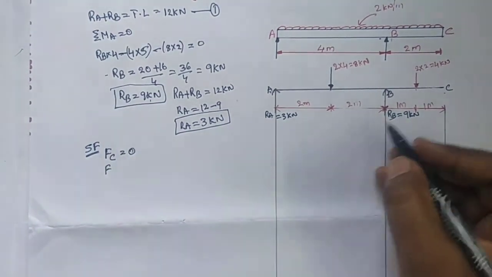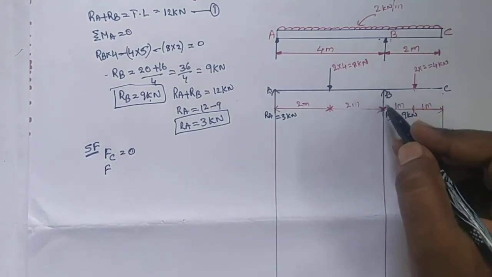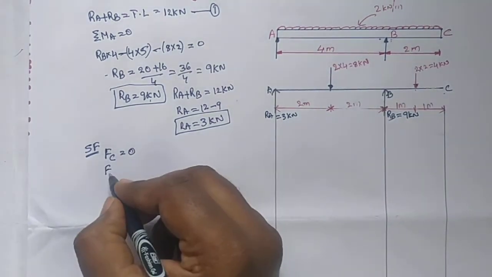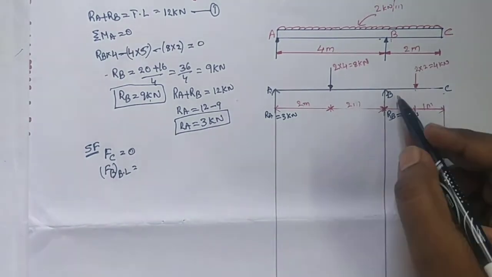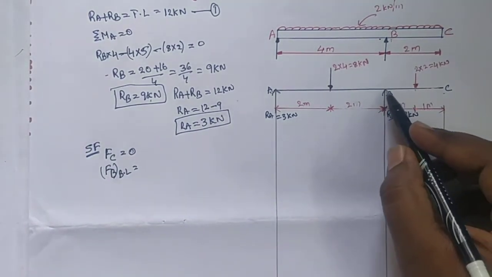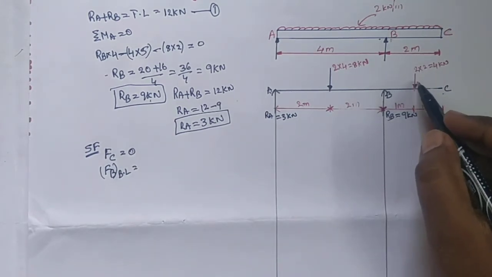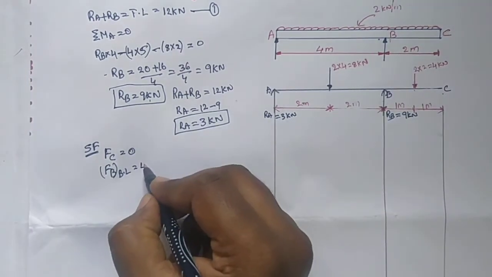Similarly, shear force at point B. The next point is B. At point B a reaction force is acting, so we need to calculate before and after load. Shear force at point B before load. Before load means we do not consider the reaction force, so the right side of point B has one point load, the converter load, acting downward, so it is positive, that is 4 kilonewtons.